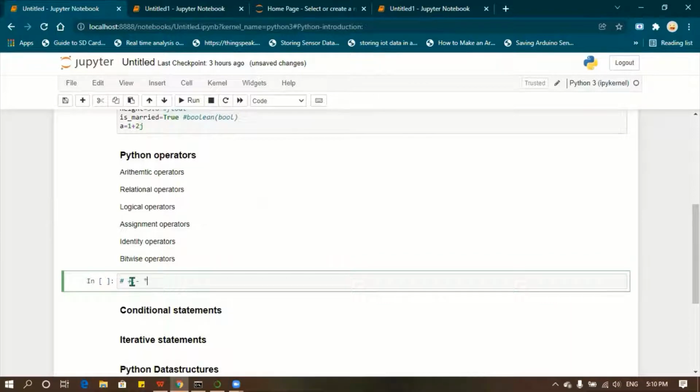For division, we use the slash. Other than these, we have modulo division, which I'll explain, the double slash for floor division, and the double star. Okay.